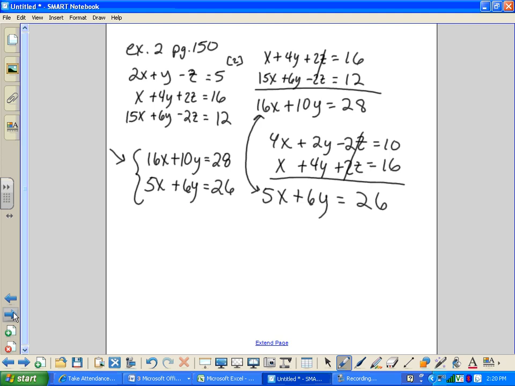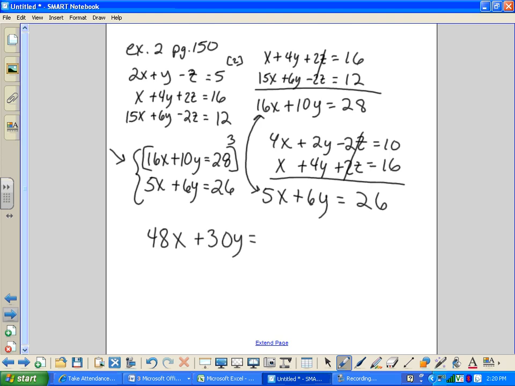Now I'm going to choose to eliminate the y's here. So if I looked at 6 and 10 here, I could figure out the least common multiple would be 30. So I'm going to get one of those to be positive 30 and then the next one to be negative 30. So to do that, I'm going to have to multiply this one by 3. And so now this is going to give me 48x plus 30y